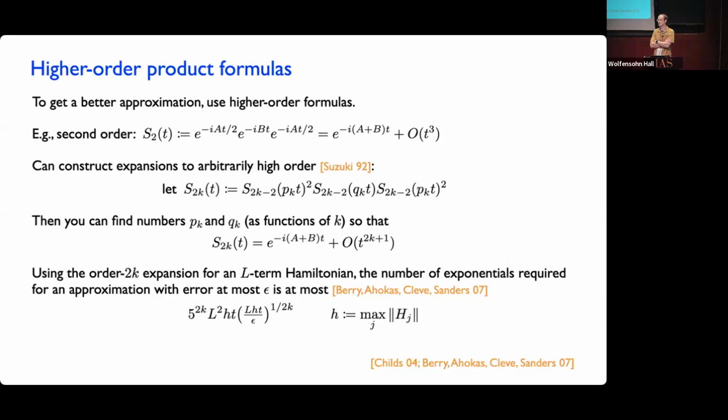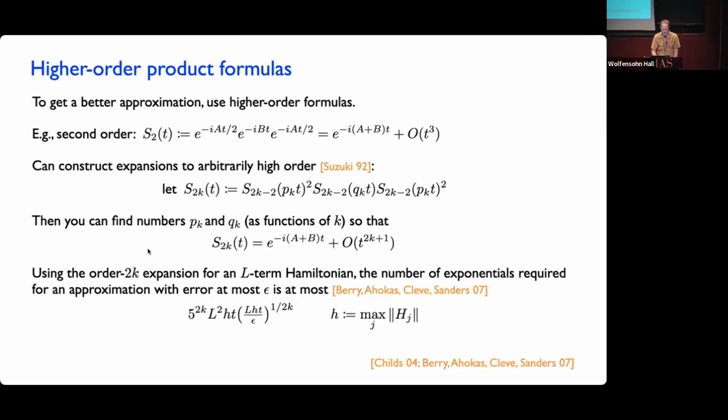I think the answer is it depends. If you really want to push into the regime of evolving for really long times, then you should take really high orders. You can make the evolution time large enough that you will always get a benefit from taking the higher order approximation, in fact for arbitrarily high order approximations. Yeah, well, that's a problem. What that means is that the evolution time is going to have to be really, really big before you're going to want to take a very large k.